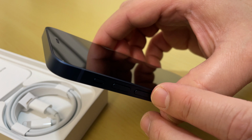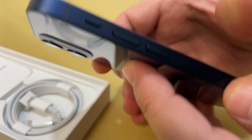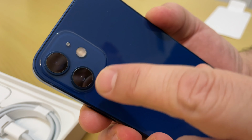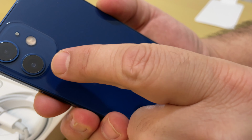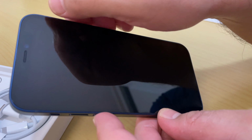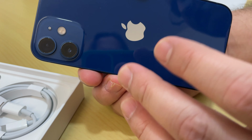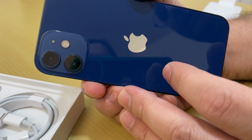it comes in 5 colors: blue, green, black, white, and red product red. The camera, they got two rear cameras, dual camera, 12 megapixel wide, 12 megapixel ultra wide with flash. And in the front got dual camera as well, 12 wide camera and 3D depth sensor. And for video with 4K video in both cameras, rear main camera 4K at 60 fps, and selfie video also 4K at 60 fps